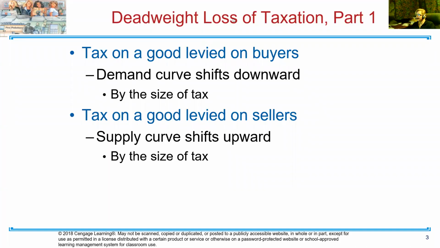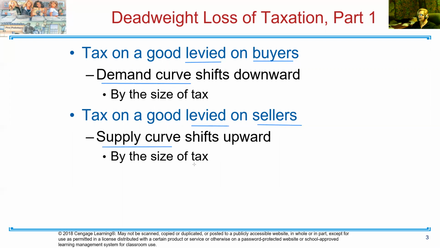So remember, from what we've talked about before, let me just annotate this a little bit. A tax levied on the buyers is where we manipulate the demand curve, okay? And again, we find that reference point. In this chapter, you can actually shove the tax wedge, that shorter, quicker way that I had talked to you about. If the tax is levied on the sellers, then that's when we add the tax, and the supply curve is the one that we manipulate.